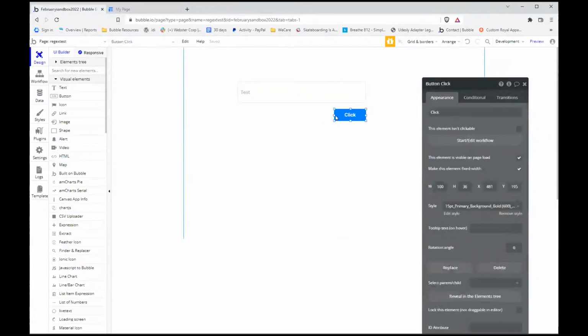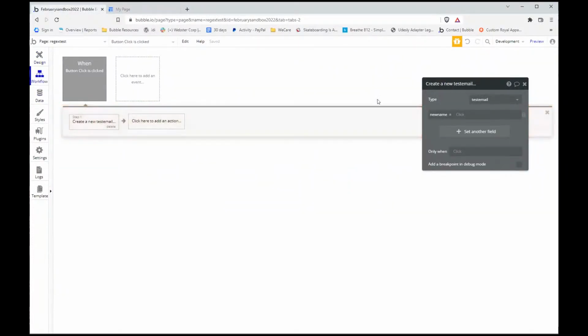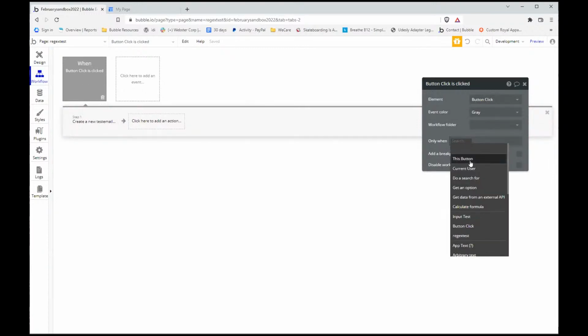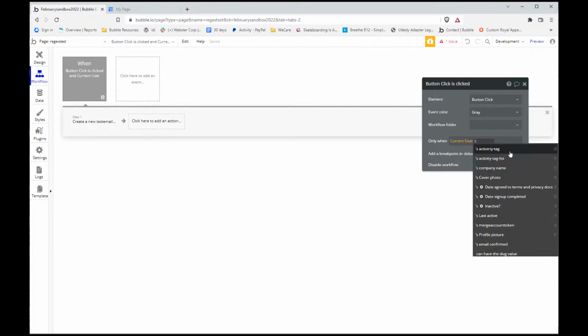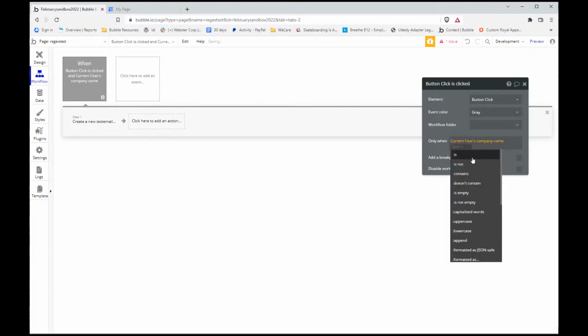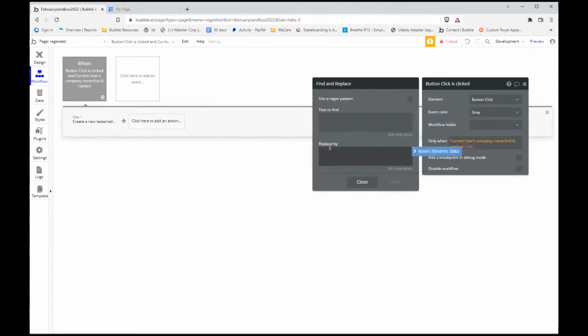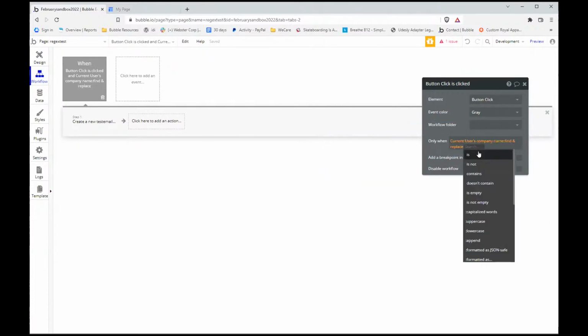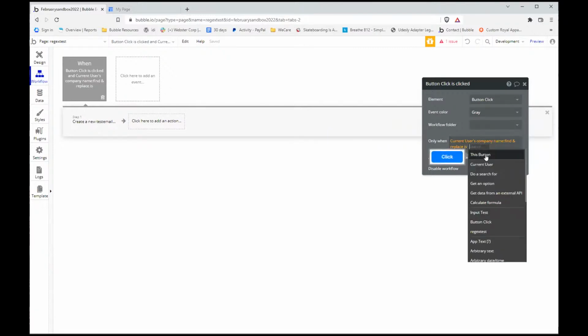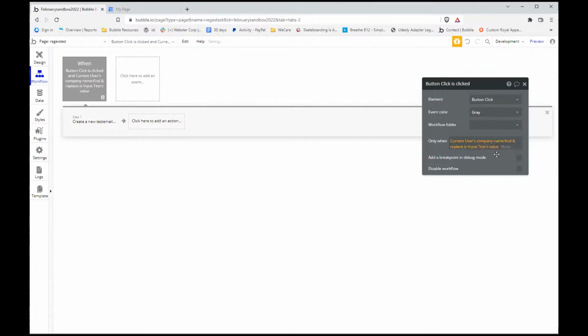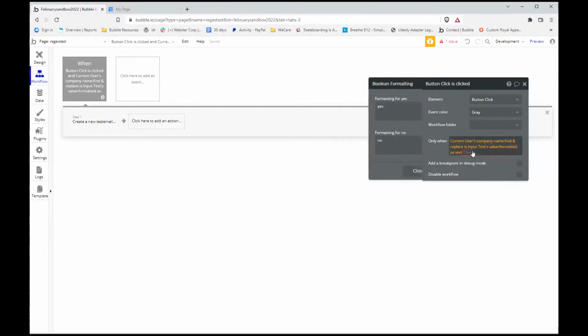Okay. So I'm thinking when we click it, we'll create a new test email. So right here for you, it would say if button clicked only when current user's company. Let's do find and replace. I think that's probably going to be better. We're looking for all spaces and we're going to replace with nothing. Is input test's value for